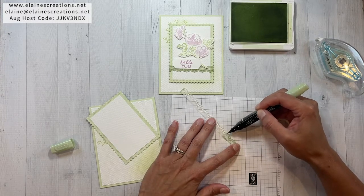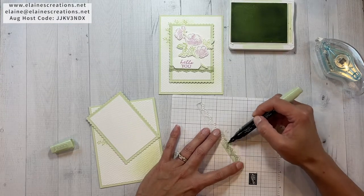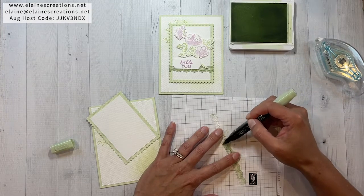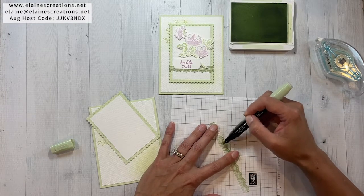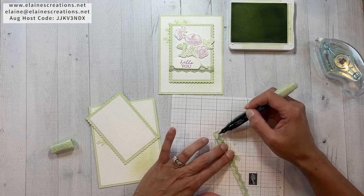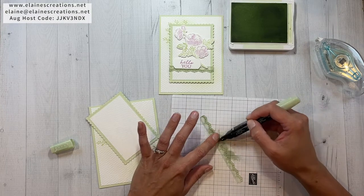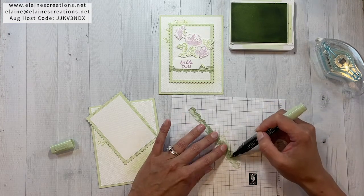And I'm just going to start over here. I'm not going to be able to see the first two scallops because they'll be tucked behind. And I'm just going to color the ribbon. So this is a fun thing that you can do with your white or vanilla or light colored ribbons. You can use your blend markers to color them. You could even take your pink ribbon and turn it red by coloring it with the red blends. So that's another thing you can do, is you can always take some of your existing colored ribbon and make it a darker color by using the blends. Maybe a light blue into a dark blue, or light pink or red into a red, keeping it in kind of the same color family